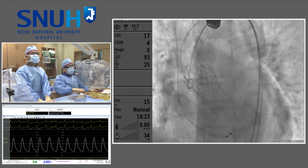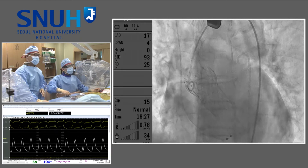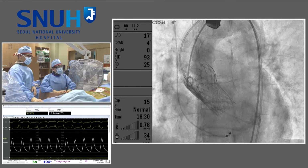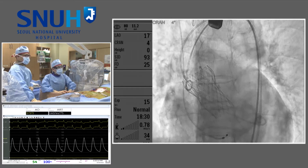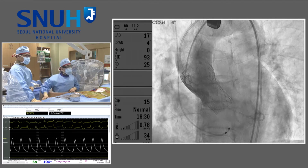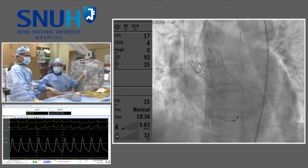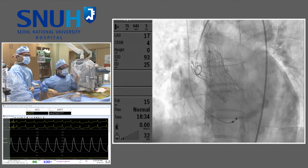Yeah, in this case, we should perform post-dilatation. This patient has a lower diastolic pressure, and this angiogram shows a mild to moderate PVR. And the stent frame is not dilated on the left side, once again not fully dilated. So we should perform post-dilatation there. But the angiogram shows